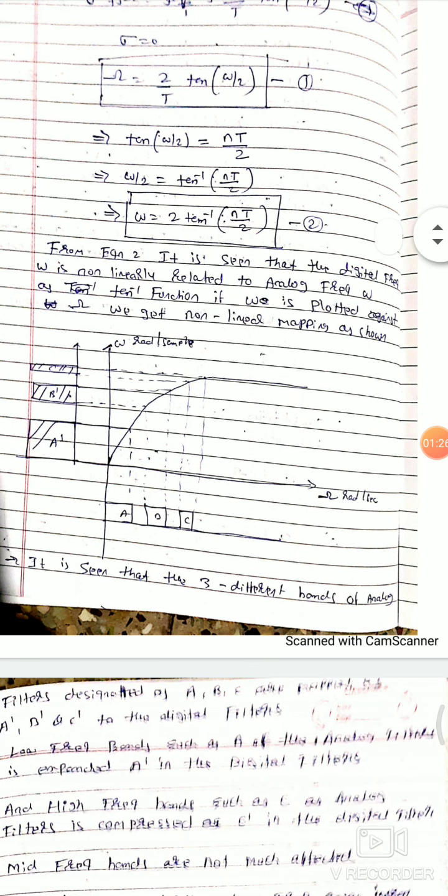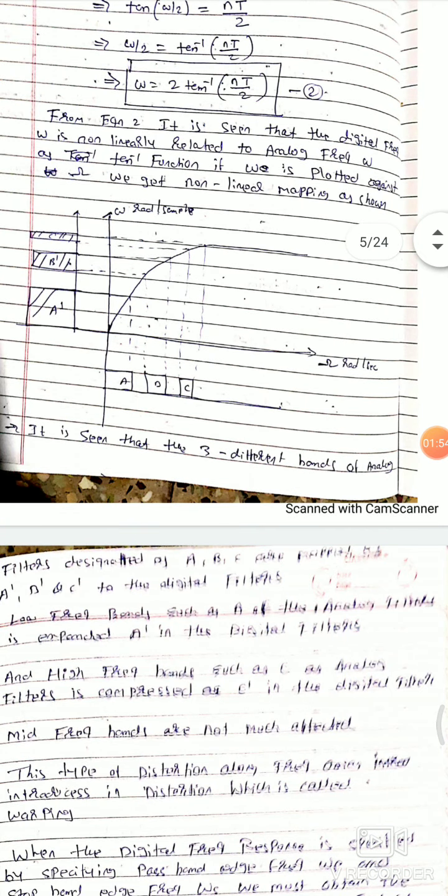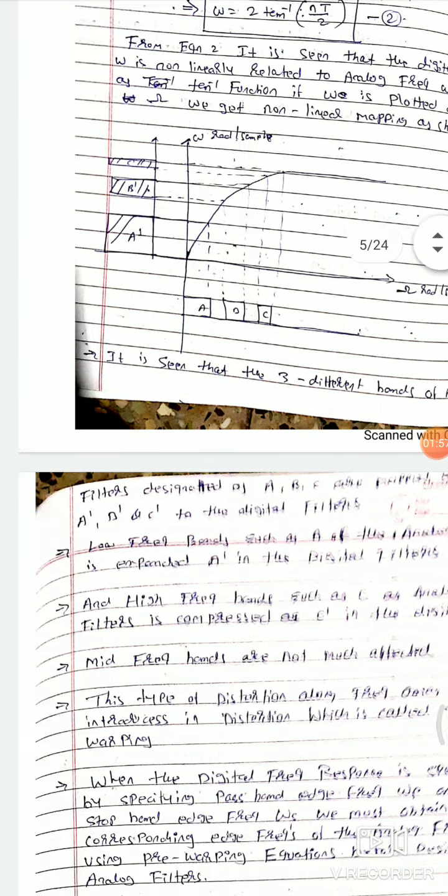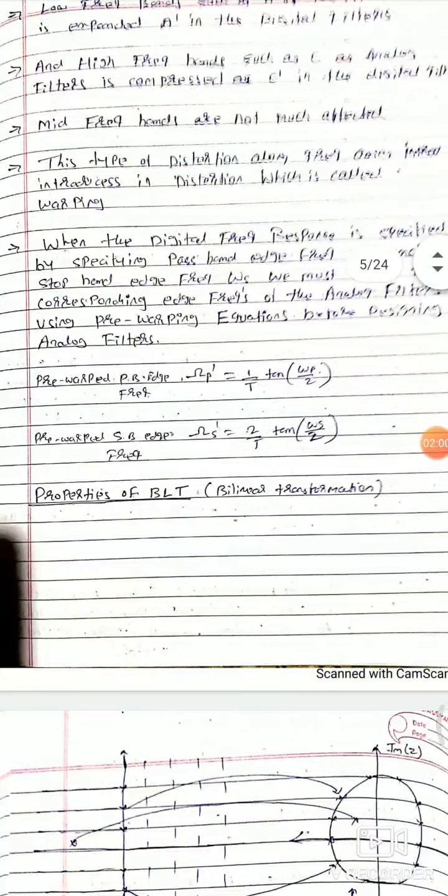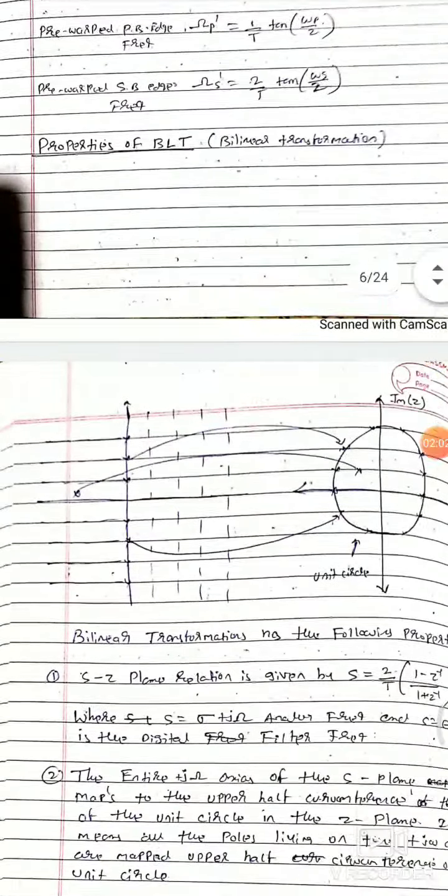So if you plot this expression, you could see here this is analog frequency on the x-axis and digital frequency on the y-axis. If you see bands of frequencies A, B, C, so 3 different bands have been taken. Okay, so these bands on the digital frequency side, the lower frequencies get expanded, and as you go on the higher side, the higher frequencies get compressed. So this is nothing but the warping effect. Okay, that's what has been written over here, right? So you can see there.